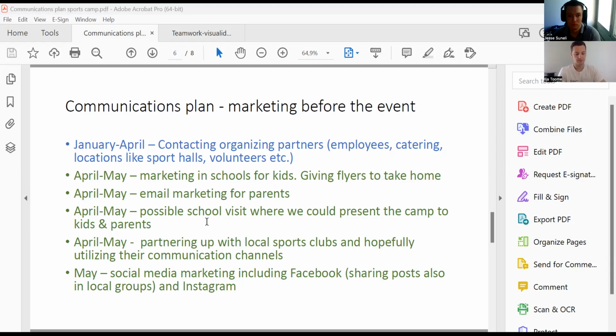Marketing in schools for kids, giving flyers to take home, or through some other organization that kids are at. Email marketing for parents. Well, I know all that feedback now and I just read it, but for example, if we were a sports club and we had members, we could use those email addresses, but I will go back to the feedback later on. But we were thinking that one thing would be, if it would be possible, to go for a school visit, if they have a parents' night or something, and let the kids and parents know what we will be doing, as it's a much bigger influence to have face-to-face